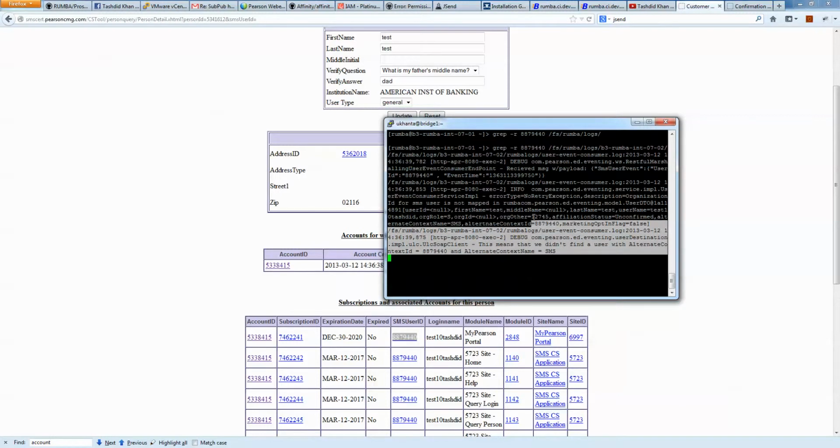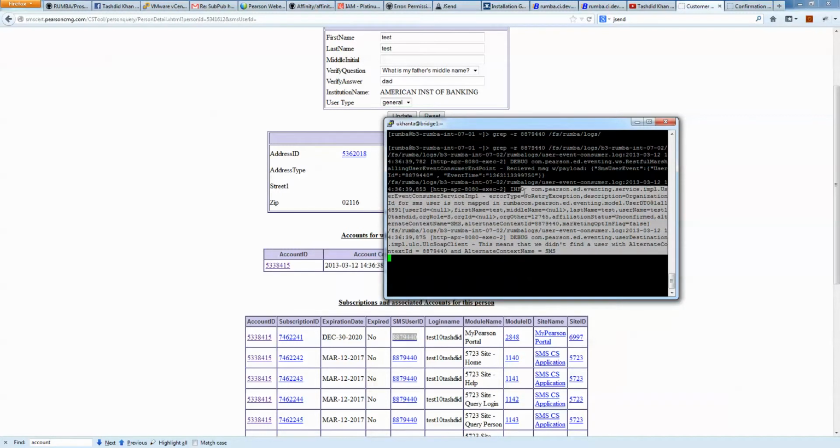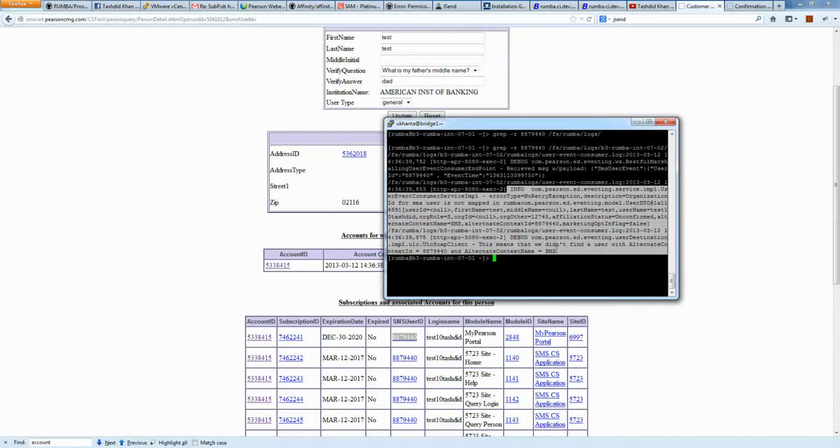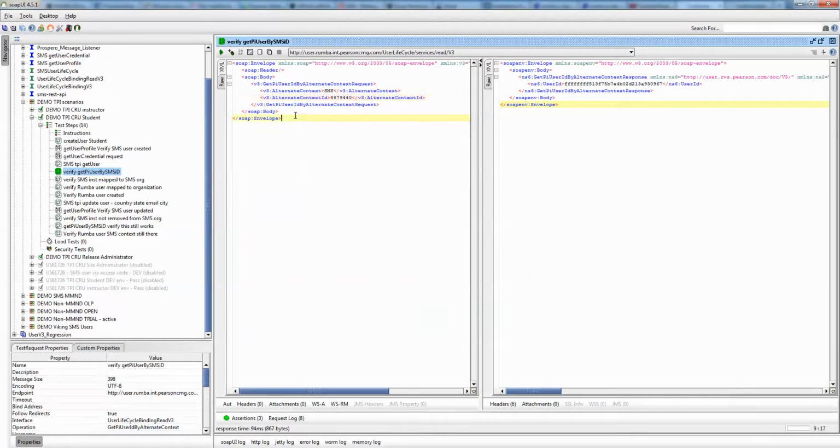and we can see that the user first receives a payload in user event consumer, and then user event consumer tries to retrieve that user in RumbaPy and was not able to, so it probably did an upsert, meaning that it pulled the user from SMS and then uploaded the user into RumbaPy. And we can verify that using this